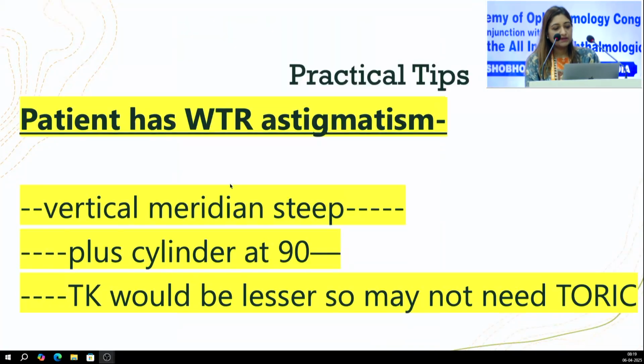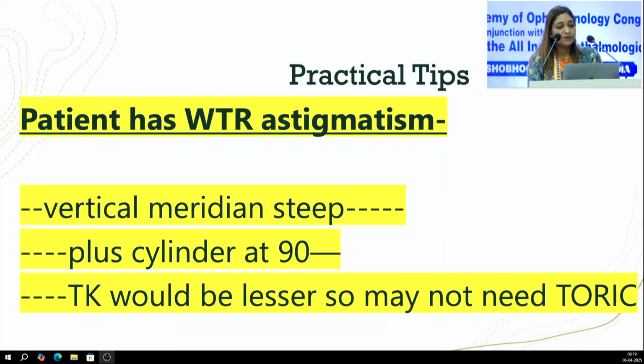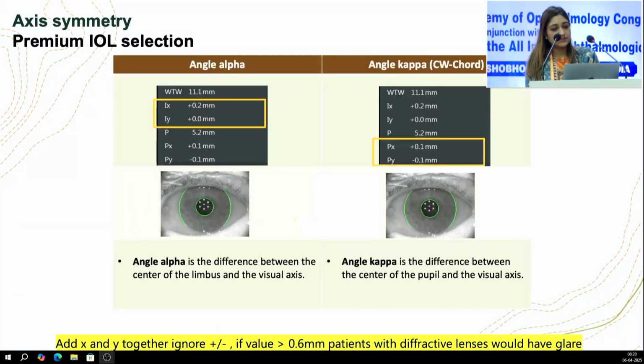Just a practical tip: this is very important while we are putting toric IOLs. Patients who have with-the-rule astigmatism, TK would be lesser, so the patient may not need a toric. Whereas if the patient has against-the-rule astigmatism, TK would be more, so we should go more towards the toric side. Again, we can calculate angle alpha and kappa, and if their sum is more than 0.6, we should